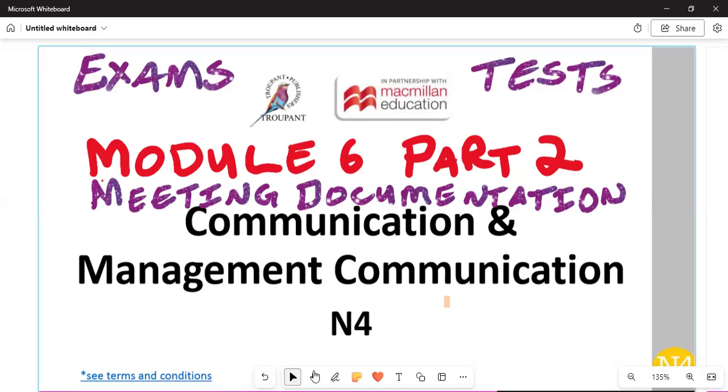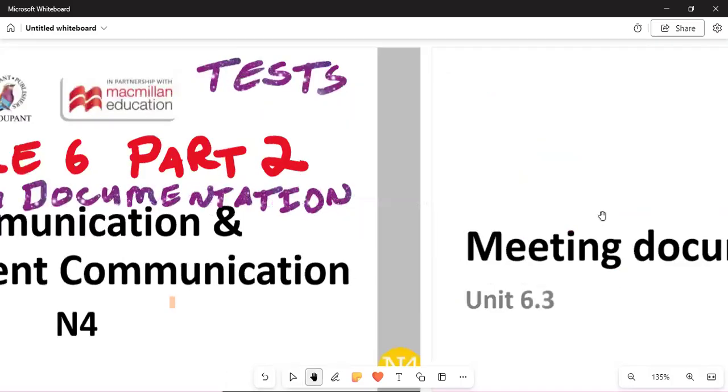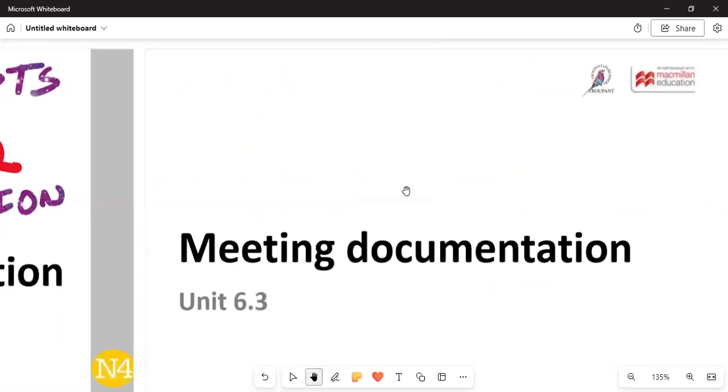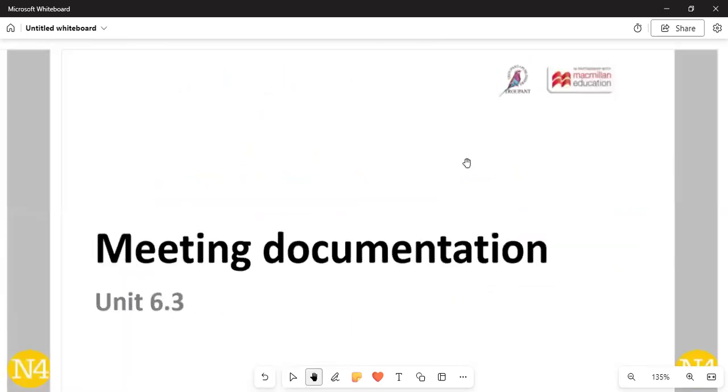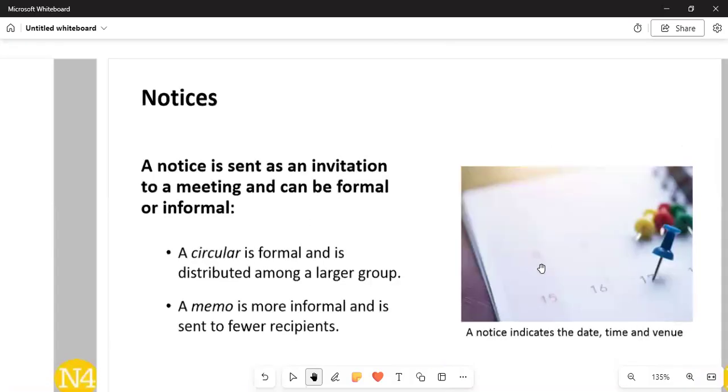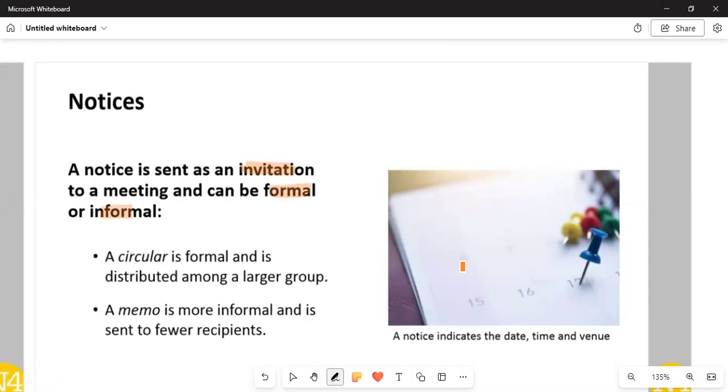Without wasting any time, we've got one of the most important topics again. This is the meeting documentation in terms of the content coverage. We are saying that a formal meeting cannot just be held without the parts. I'm talking of the notice. Remember, informal or formal. So we must make sure that we have notices which are formal and distributed, and sent to the recipients or receivers. Remember that it will indicate the time and the venue where the meeting is taking place.